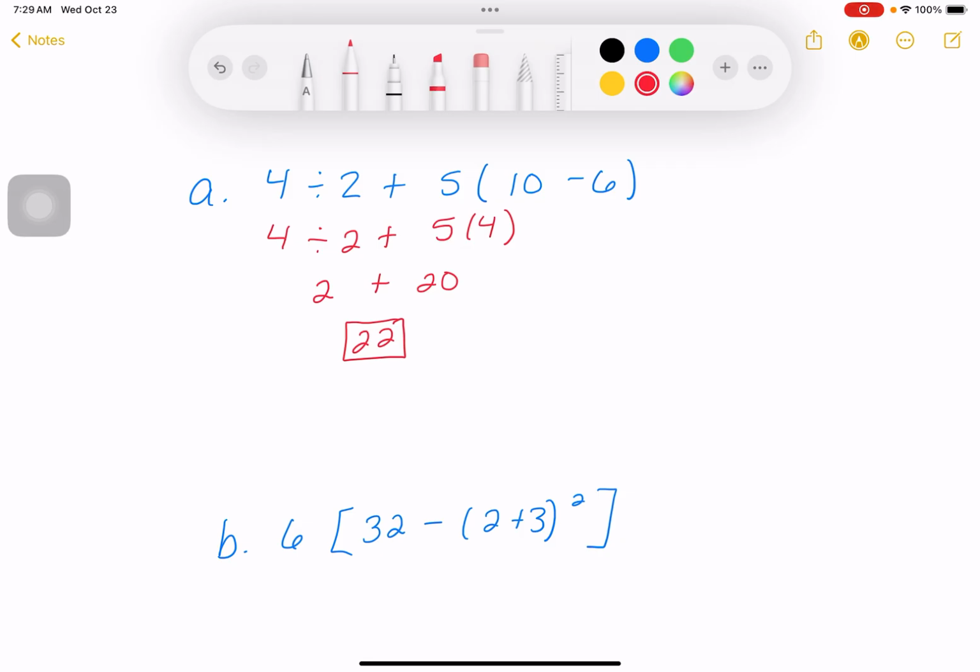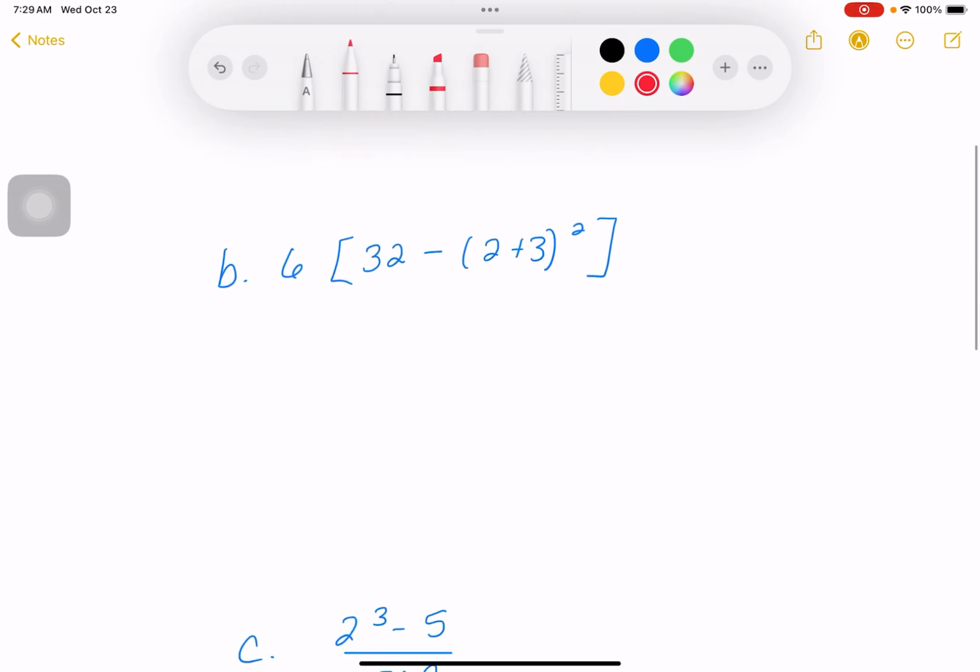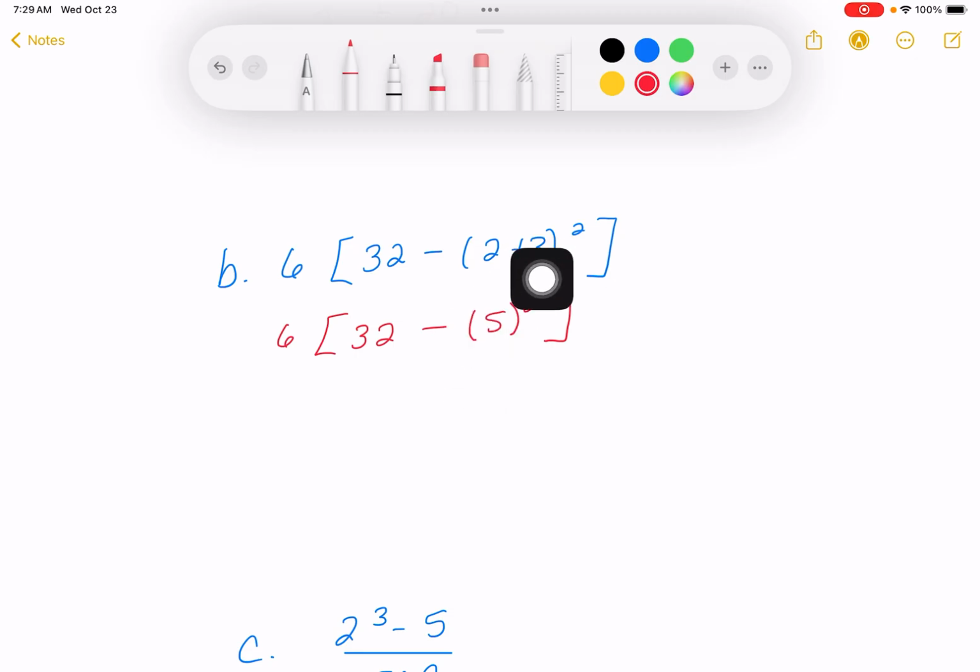What we're going to see new in this next one are some powers, but we also see two grouping symbols. So remember that when we see multiple grouping symbols, we start with the innermost one. So that means we're going to add the 2 and the 3 together to get 5 and just keep the power out there. Now because the power is only to this 5, that's what we're going to do next,